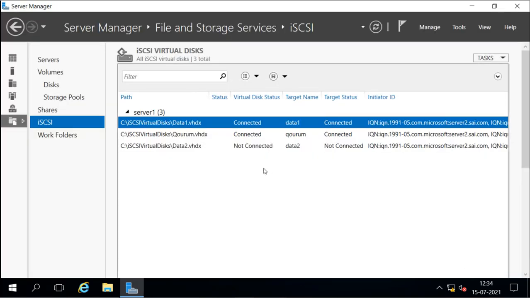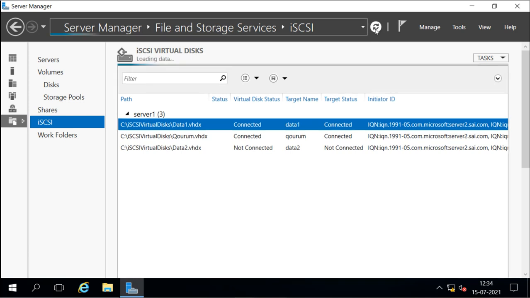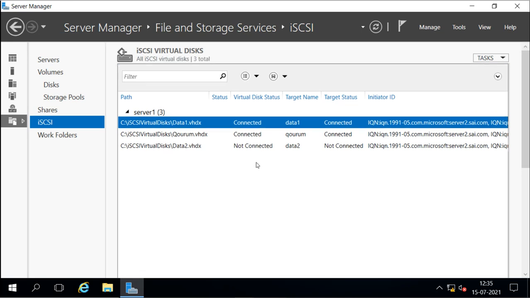Now I have to make sure that this new disk is also connected to server 2 and server 3. It should be connected automatically. Let me try. If I refresh here, because the others are also connected, this will be connected too. Okay, let's try to connect it from server 2 and 3.